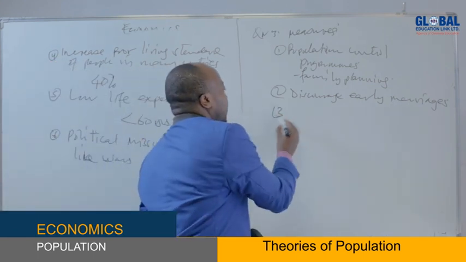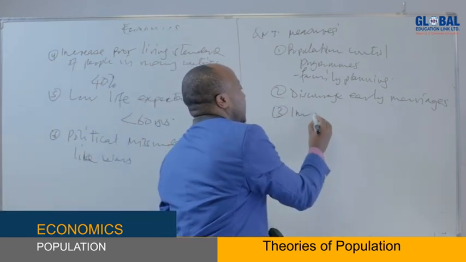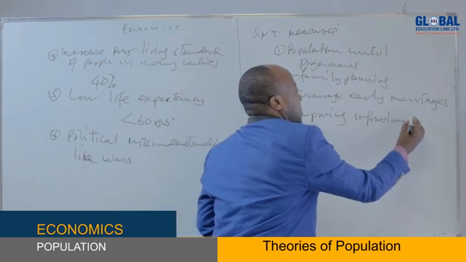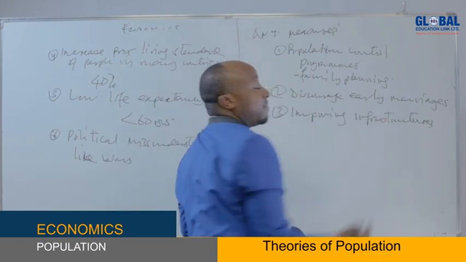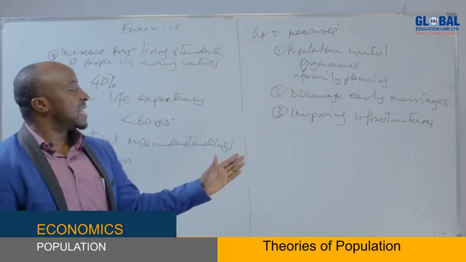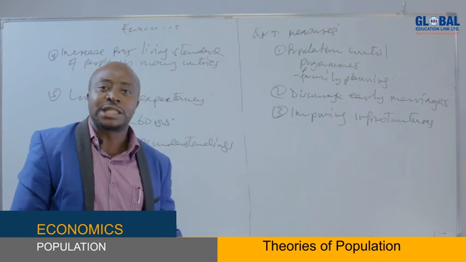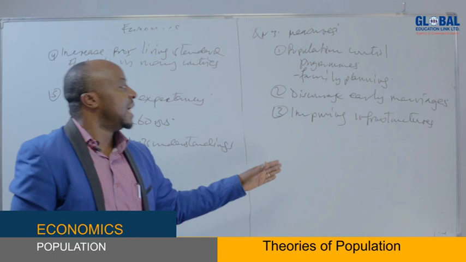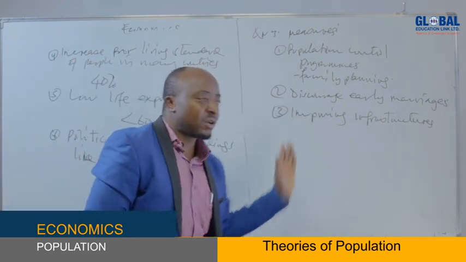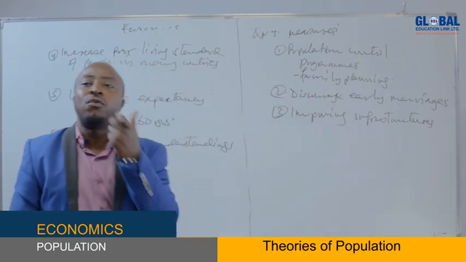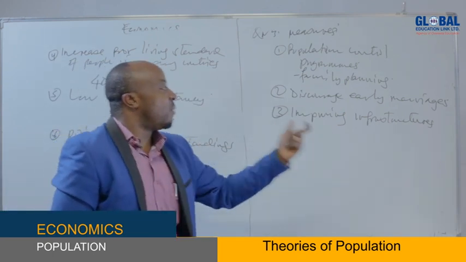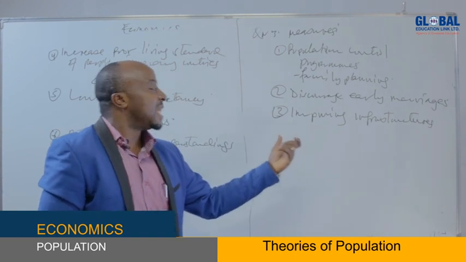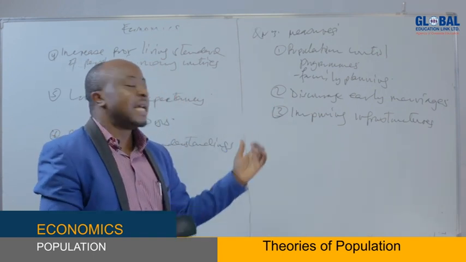But also, improving infrastructures, such as transport networks like roads, railways, airports, and other forms of transport. They should be improved so that they facilitate the movement of food and resources from one area to another, so that those areas which are facing hunger or a problem of food can get enough